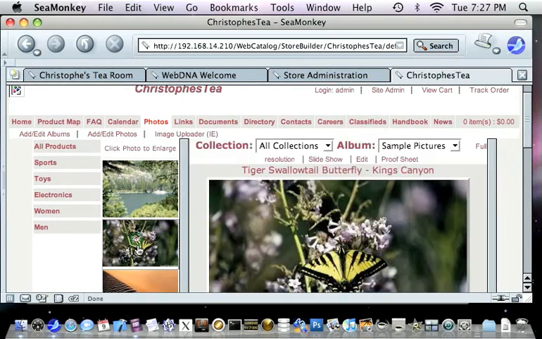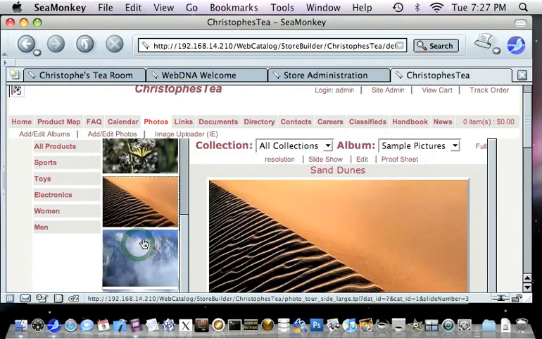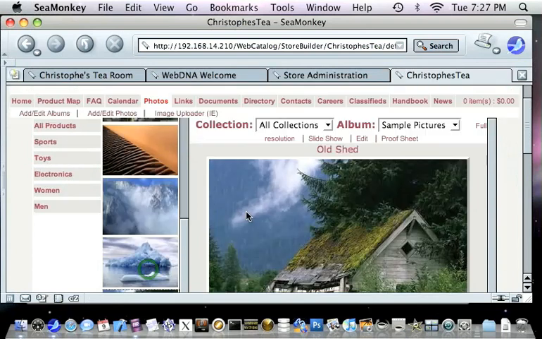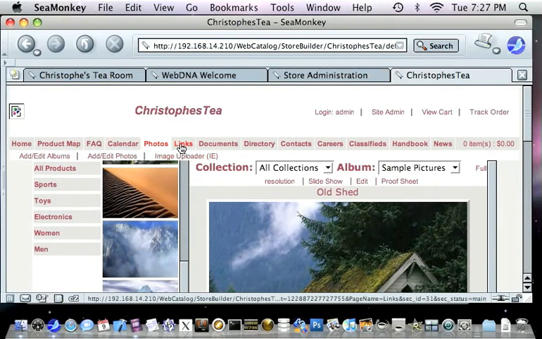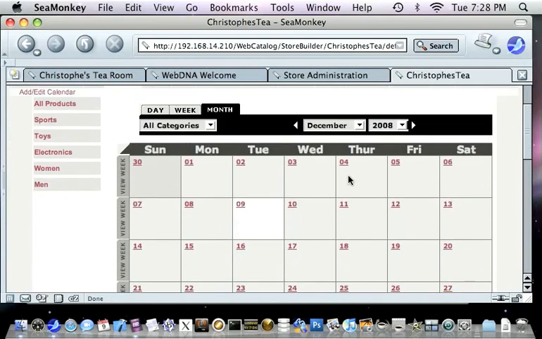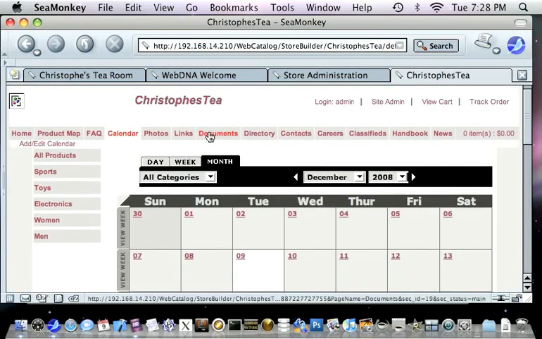Or you can click on the ones on the left. It's just one of the many features. There's a calendar that you can set up appointments and stuff, but we're not going to be using a lot of this, so I'm just going to,